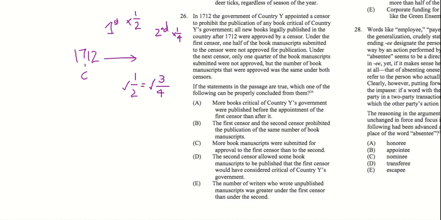A. More books critical of Country Y's government were published before the appointment of the first censor than after it. Okay, so more books were published that were critical after. Let's see. This is easier to answer if we just have numbers to sub in, right? So let's just say it's 10. So 1/2 here would be 5 books. And if 5 books is 3/4, okay, basic math, that's not going to work. We need something that has 8. So let's pick